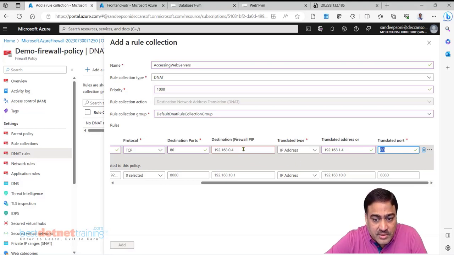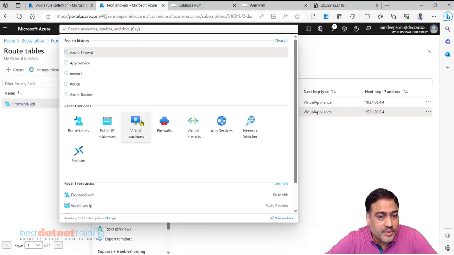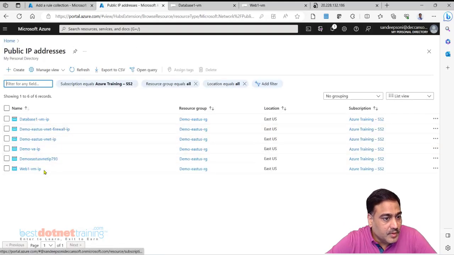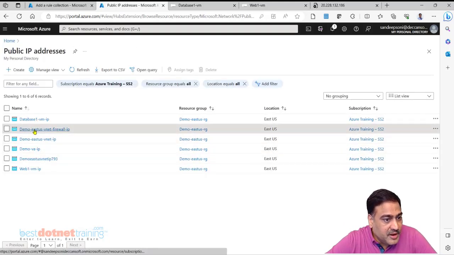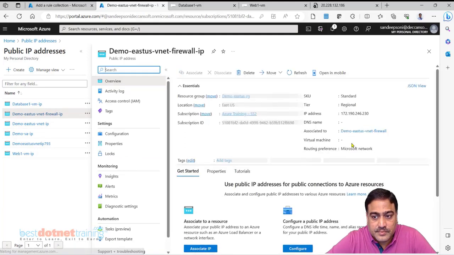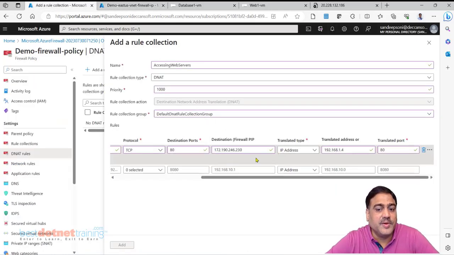Now this is giving error. Now what it needs is firewall public IP is needed here. I give private IP, but this is supposed to be firewall public IP. So find out first what is the firewall public IP. We have used public IP for the firewall. Copy this. And that's supposed to be given here. Now it's fine.